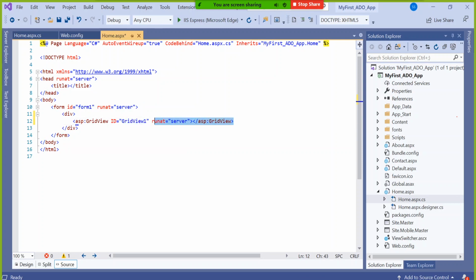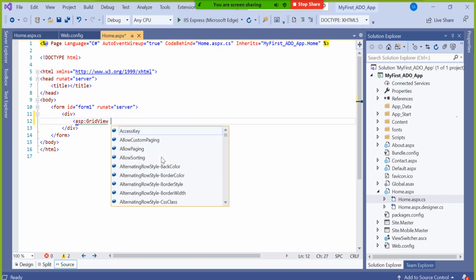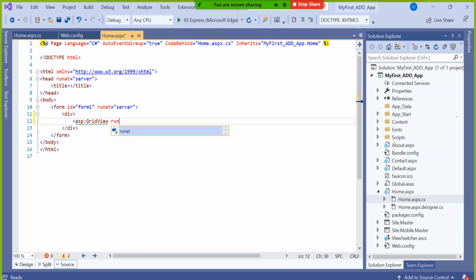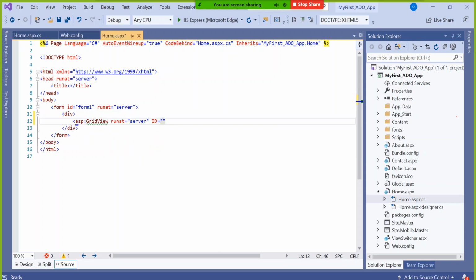No, right? So why not depend fully on coding, give your customized ID, and follow some naming convention as per the standard. That will give you more confidence about the coding part. So I said runat equal to server. IntelliSense is there, it will help you. A little bit of practice is required. ID equal to GRD students, that means grid view displaying student detail.